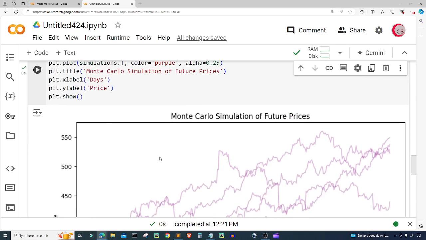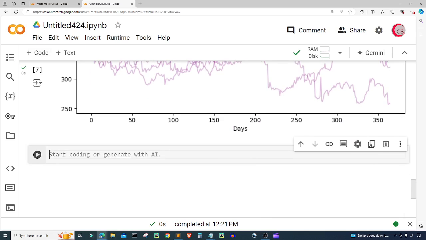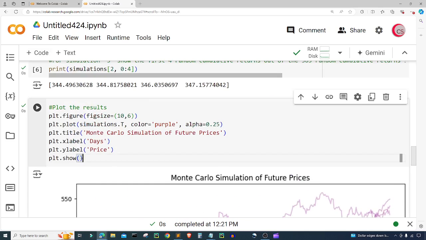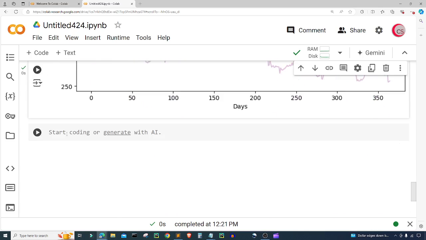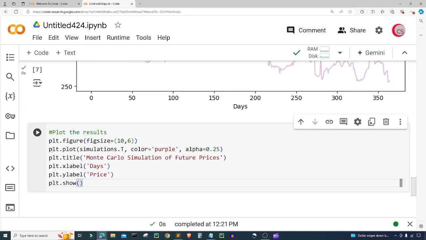All right, so I like this, but I'm going to make it a little bit more colorful. So let's create a new cell, and now in this cell I'm going to basically take everything that we just did. So I'm going to highlight all of it. I'm going to copy using Control C, come down below here and paste it using Control V, and change just a few things. So I'm going to get rid of this plt.plot. Well, I guess I can kind of keep some of it. So I'm just going to Control X it. I'm going to cut it,